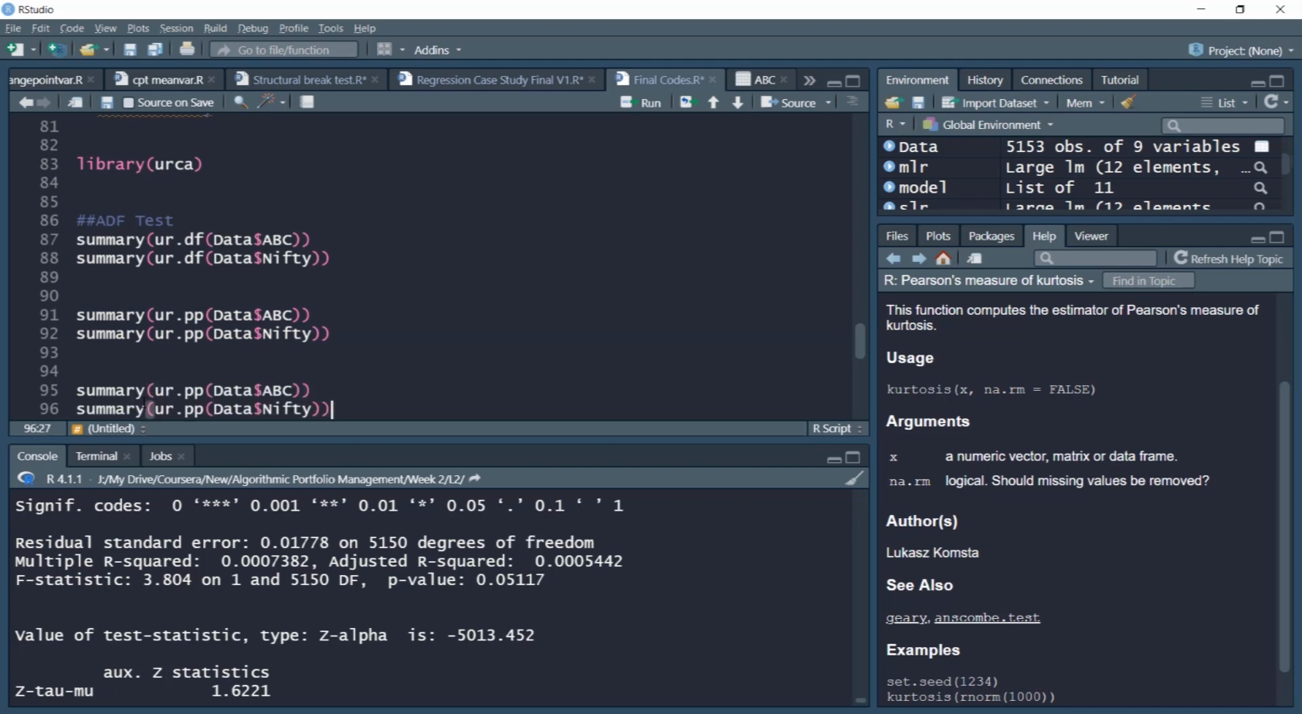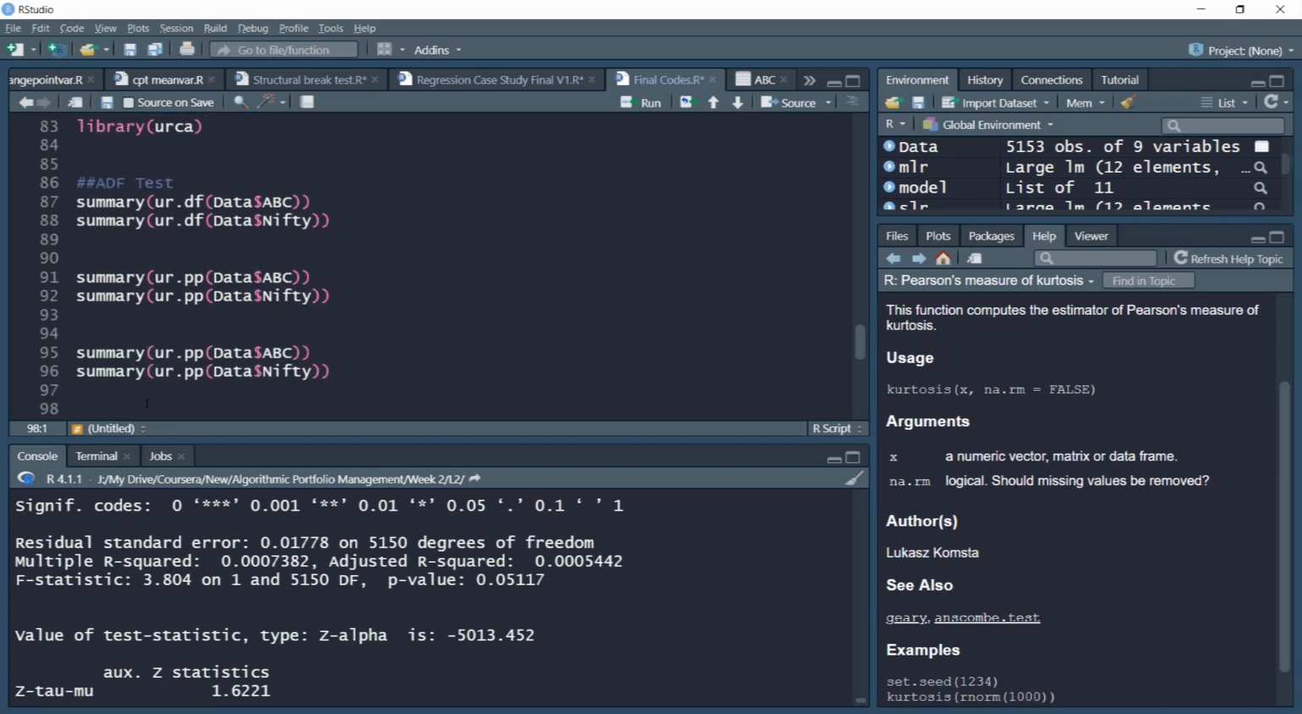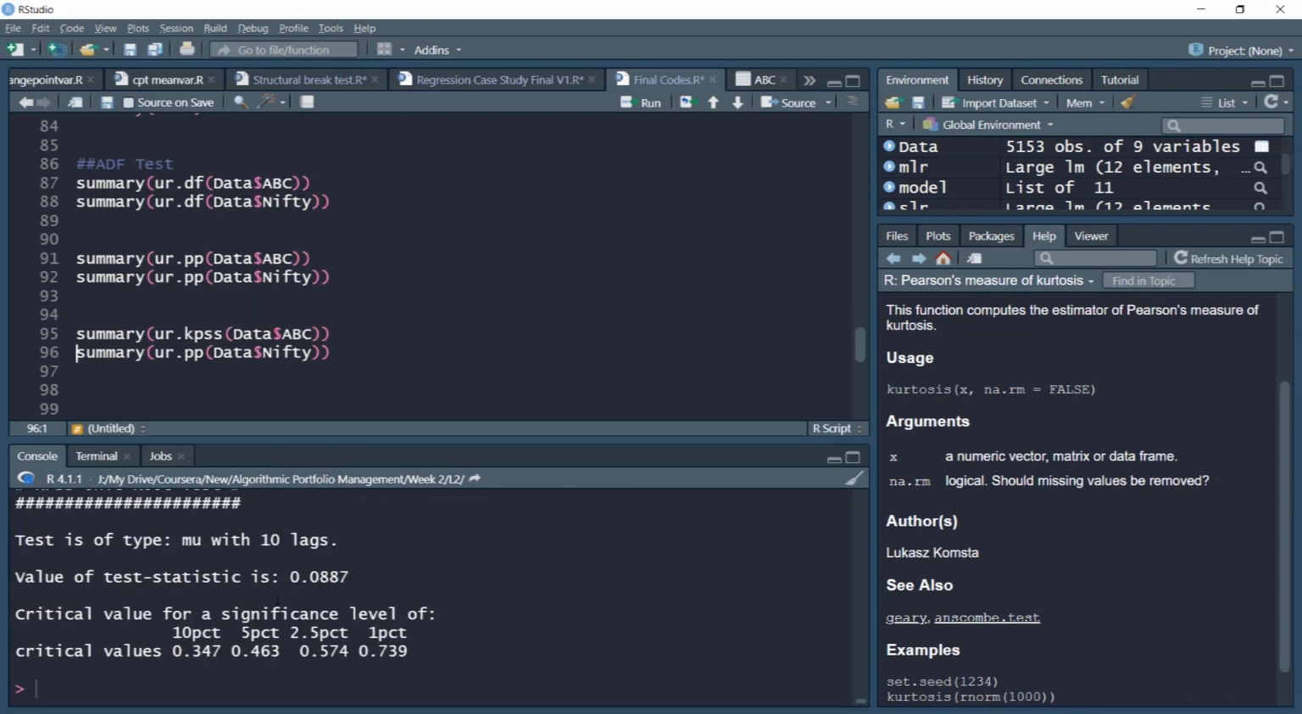So both the tests that we did earlier, Phillips-Perron and augmented Dickey-Fuller, were tests of non-stationarity. Now we'll make use of the KPSS test, which is a test of stationarity. So first we'll run the KPSS for